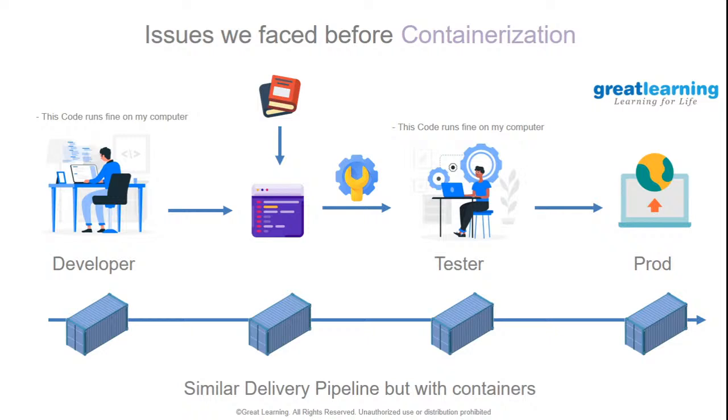He takes his CentOS, he takes his PyTest 5.4.3, he takes his backend Django code, and he takes his dependencies, and he puts all of them into the shipping container, or the container. And then he sends this container, instead of sending that code for building purposes, and then when the code gets built inside of the container itself, the tester receives it, and the tester does all of his tests inside this